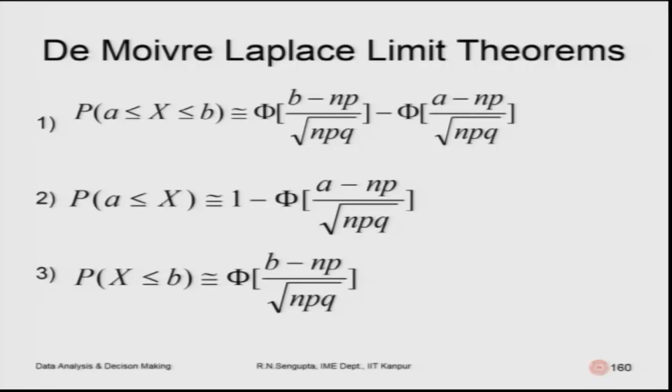De Moivre's Laplace limit theorem. So, this is what I just discussed for the binomial one. So, probability of X being between a and b, both inclusive. What I am trying to basically do is convert a discrete binomial distribution to the normal case, which is continuous. That is the essence, and how we replace that is the main crux.